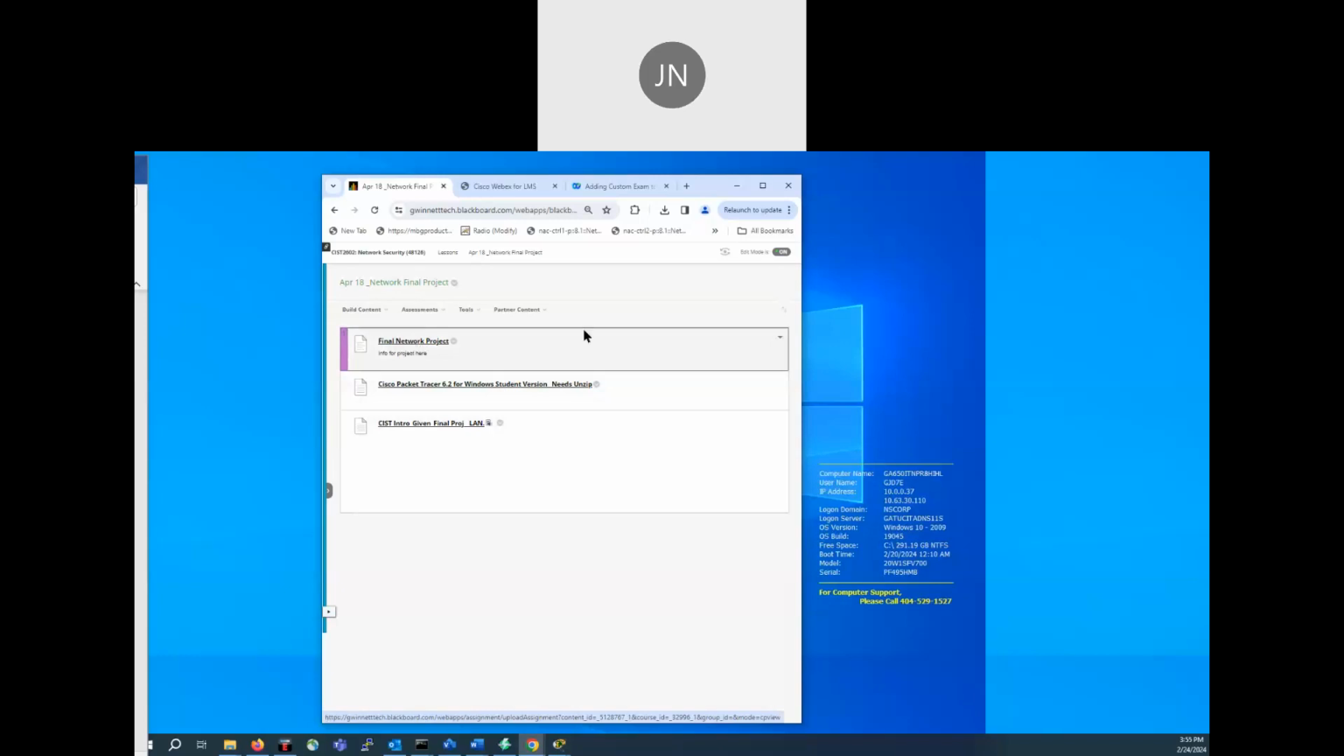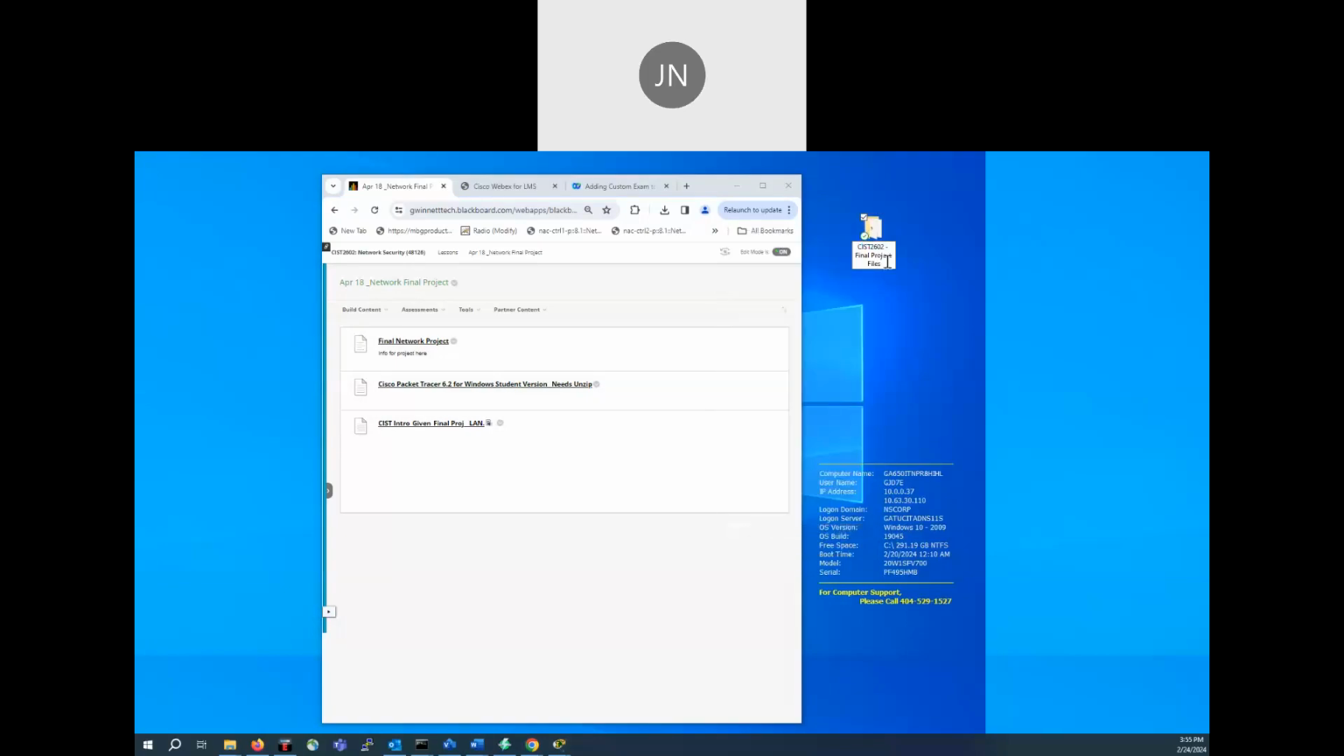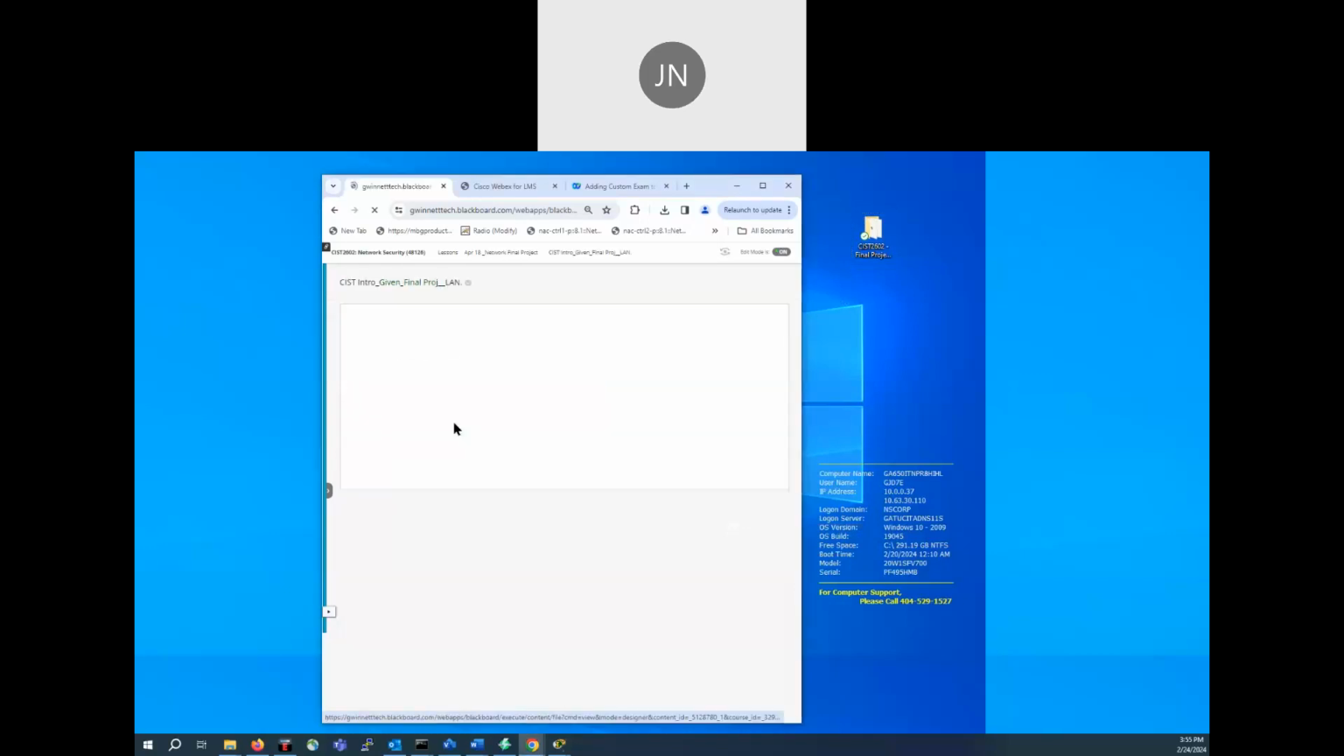First thing you need to do is create a folder on your computer, and the name of the folder is CIST 2602, because I'm giving exam 2602. You just create a folder and put the file that you download here. The first file you're going to download is this one, CIST intro given. Click on it, and then